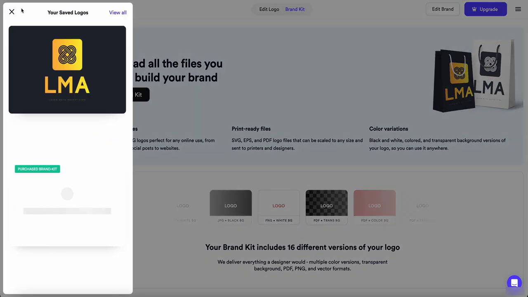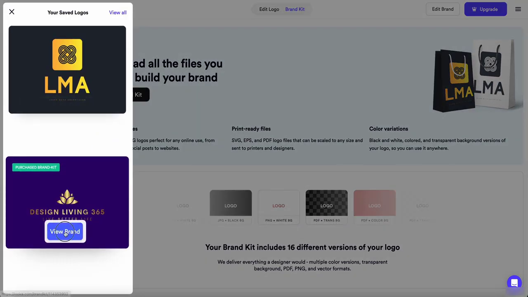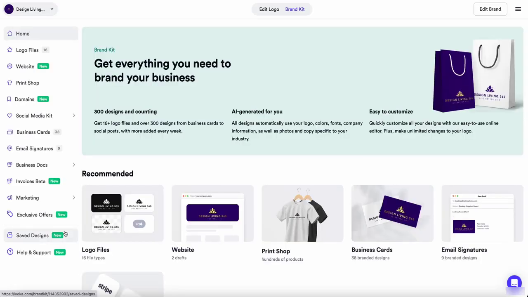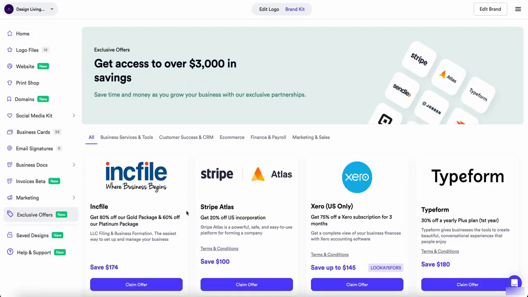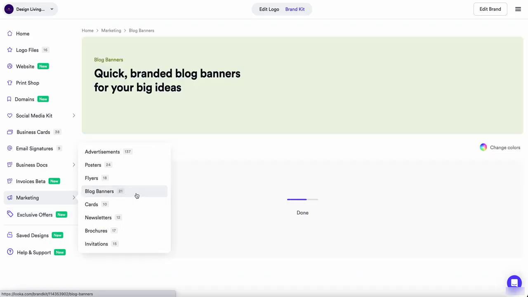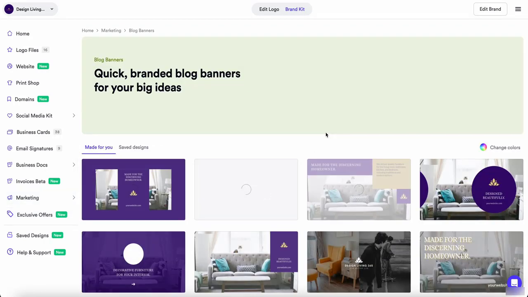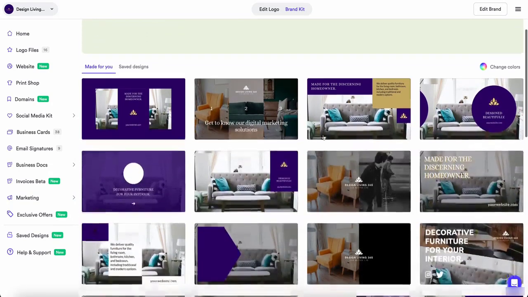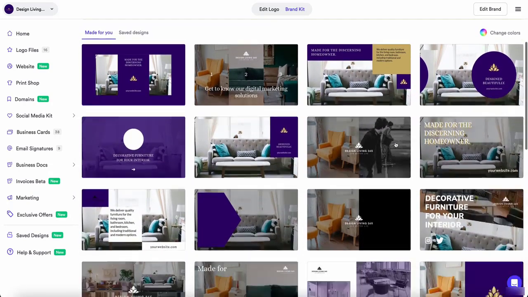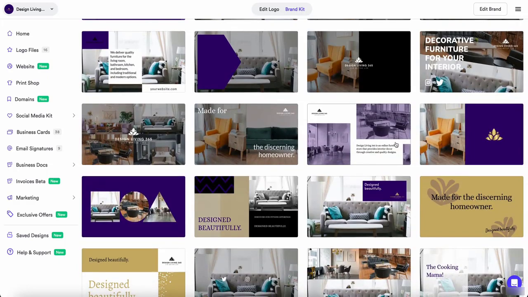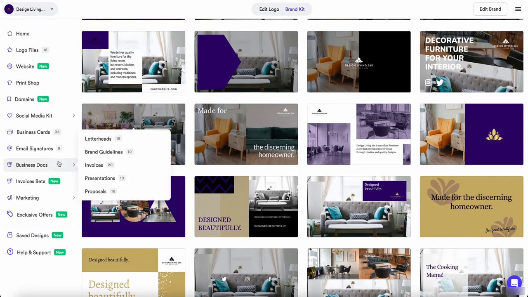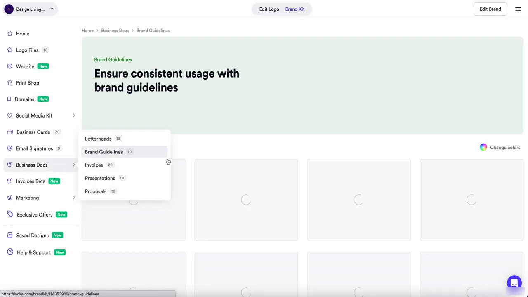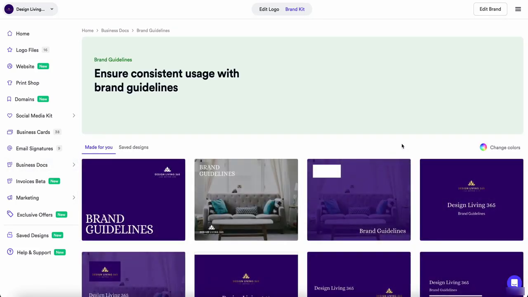It's really good. It can create so much for you. I'm really, really amazed, as you can see, that I can immediately use designs. I can immediately adjust them. I think it's really, really good, and it even creates brand guidelines.